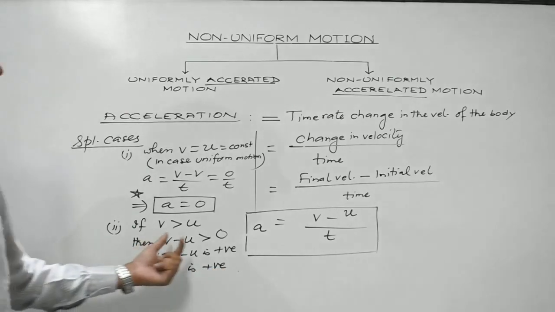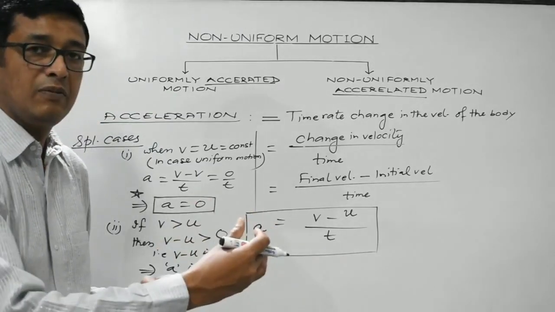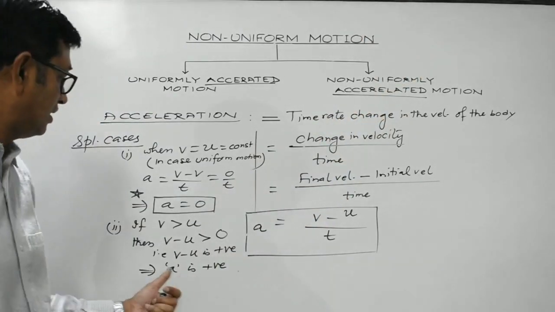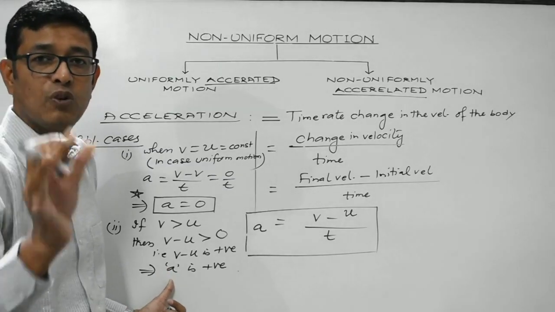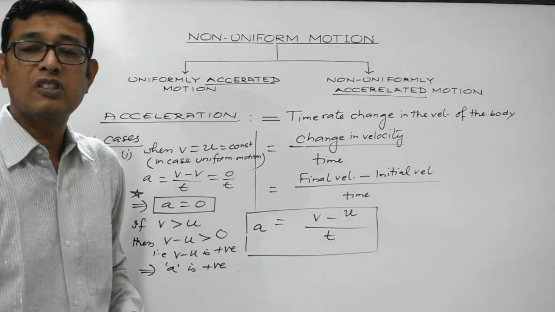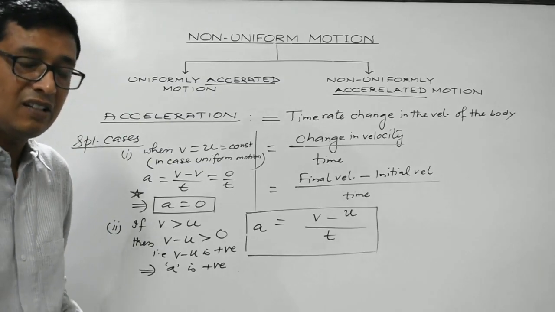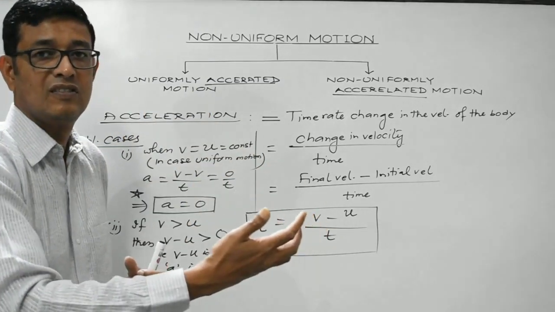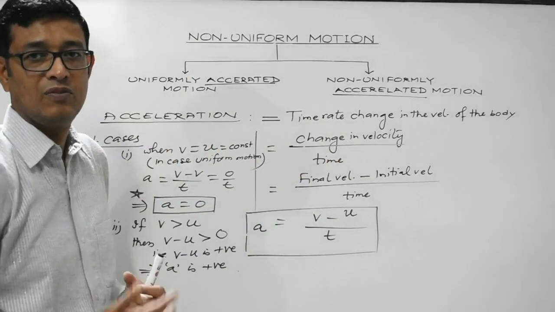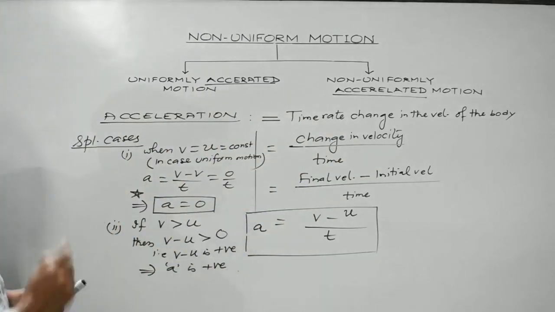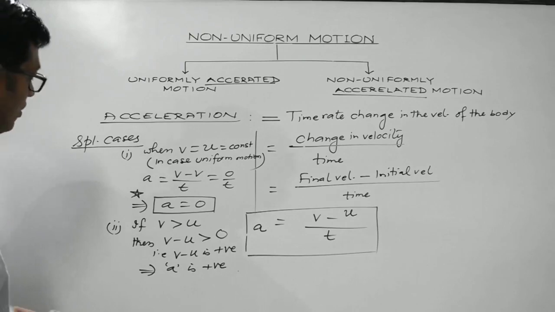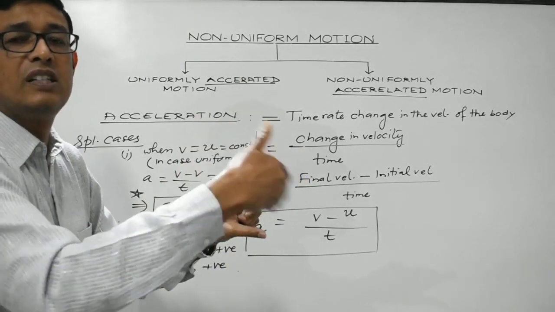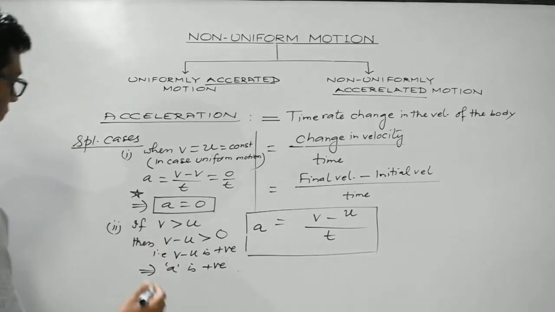Right? If with the passage of time, per unit time, the speed of the body increases, then the acceleration is always positive. A positive signifies the fact that the speed of the body is increasing per unit time. That is when A is positive. That is when you speed up a vehicle. So the speed per unit time will keep on increasing. Third,